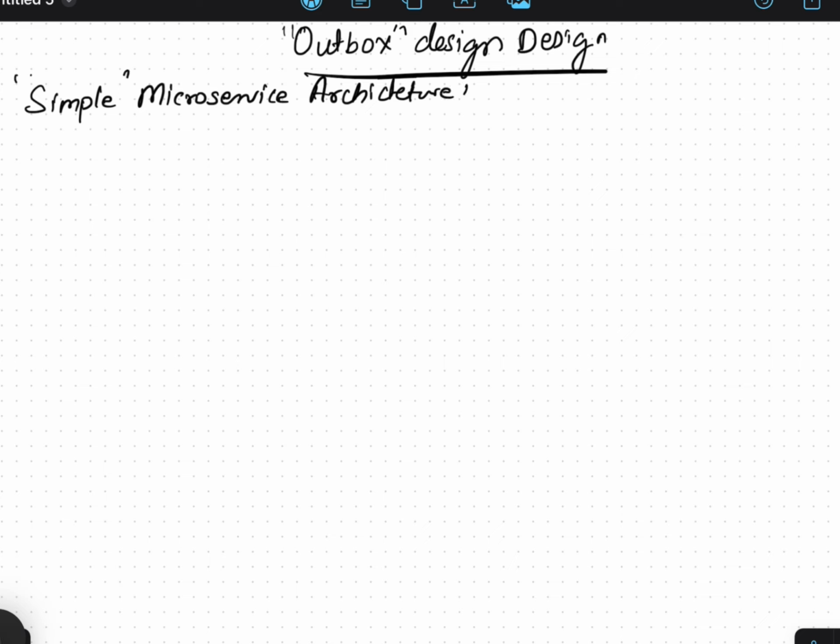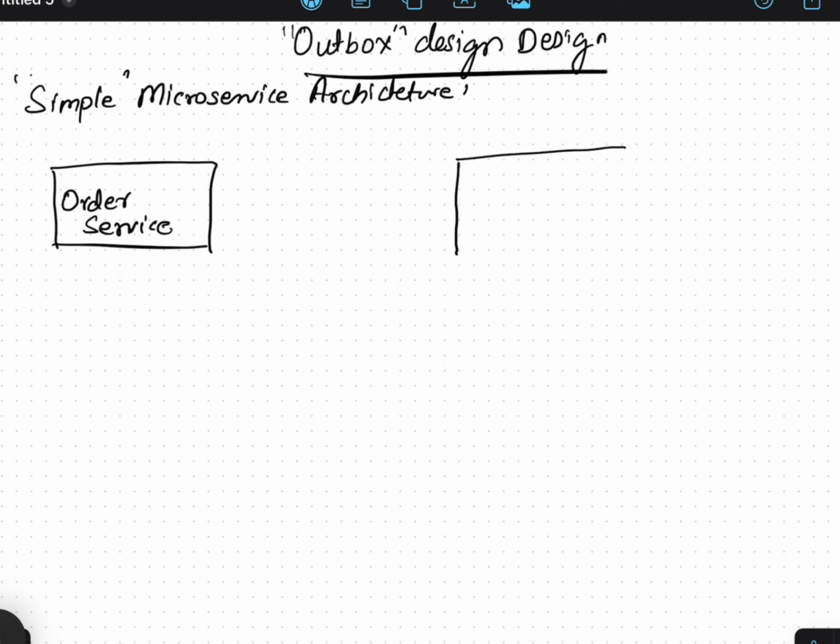So what happens in a simple microservice architecture? Let's take an example of an order and a notification service. Let's assume there is an order service which generates the order once the customer places an order on the site, and there is something called a notification service. So what happens in a simple microservice architecture is, once an order service generates an order or